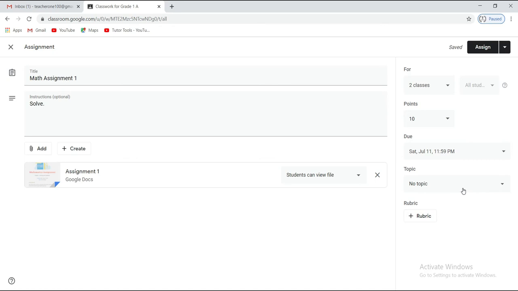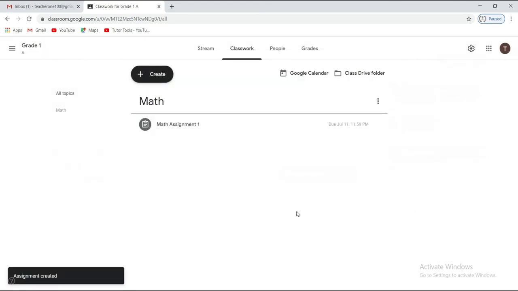You can also use topics to sort and group your assignments. We can also create a topic. And say assign. In case you wish to make changes in it later, you can save it as a draft as well. But since we have selected multiple classes, this cannot be scheduled. Your assignment is posted and is due 3 days later.